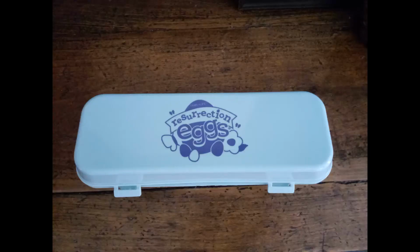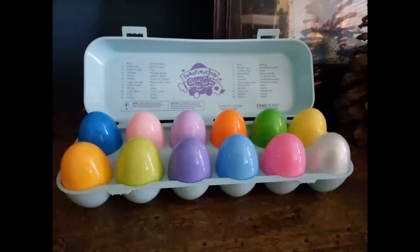So today, instead of following our regular curriculum, we're going to do something a little bit different for Kingdom Kids. Today, we're going to talk about resurrection eggs. So in children's time this morning, we talked about how eggs are important for Easter. So I have a special set of eggs that are filled with things that help us learn about the Easter